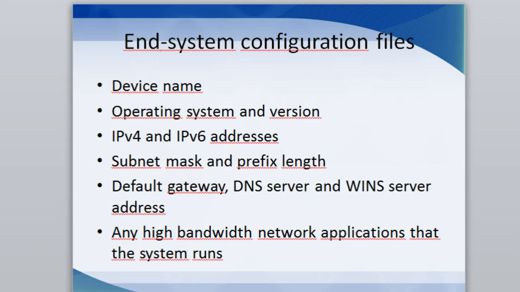And the information that these files have is the device name, the operating system and version, its IPv4 and IPv6 addresses, the subnet mask and prefix length, the default gateway, DNS and WINS server addresses, and again, in case there is any network application that is consuming